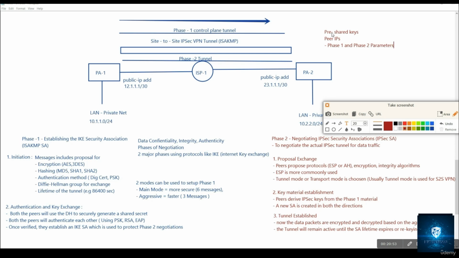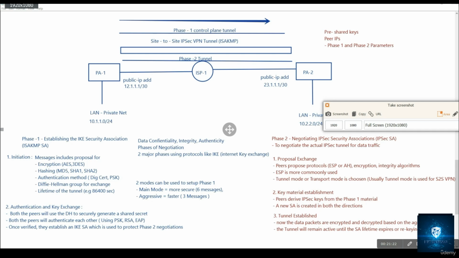So once your setup is done, once it is initiated, your gateways will perform the phase 1 process to authenticate and build your encrypted tunnel between PA1 and PA2, right? And likewise the gateways will then perform phase 2 to set up an IPsec tunnel, and then you can see that the private networks that we have can communicate together,